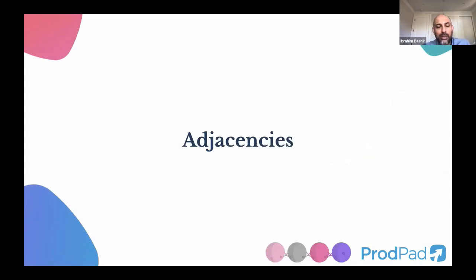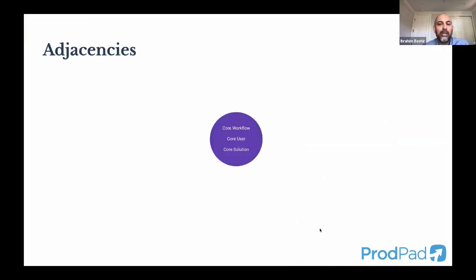I know the question earlier about geographies is something I would bucket in the adjacencies category. Adjacencies are your friend when you're hitting a ceiling, because when you're hitting the ceiling, it's like, what do I do next? Well, you don't just start doing random things. You do things that are one level of complexity removed from what you already know how to do. So if you think about a product, and especially a B2B product, you have some sort of core workflow, which your flywheel tends to define.